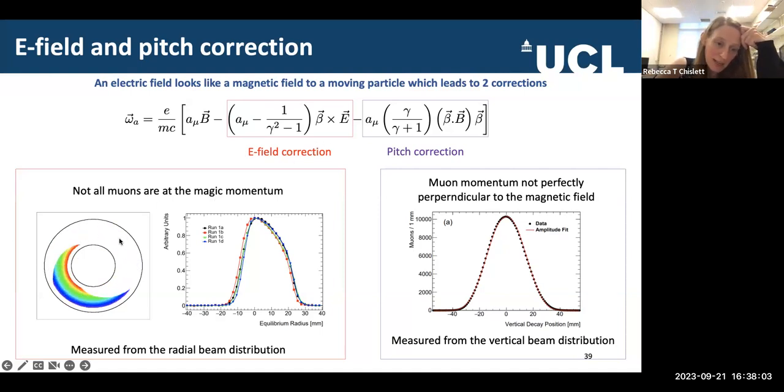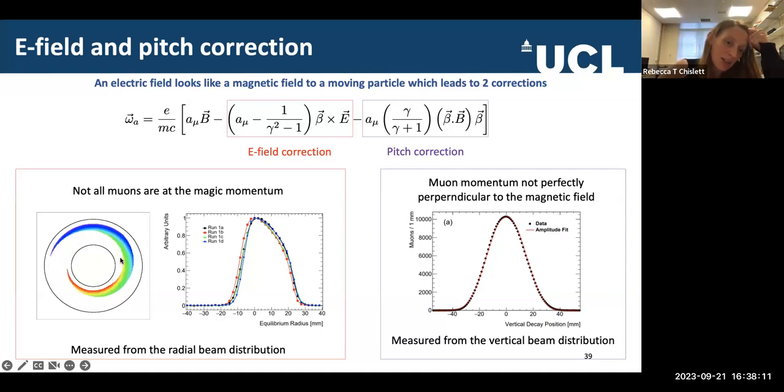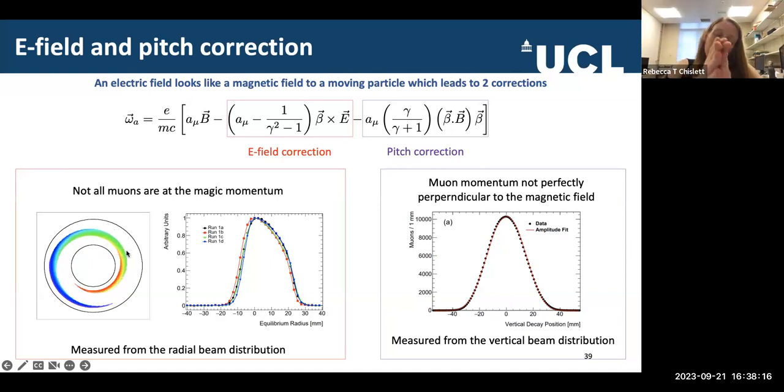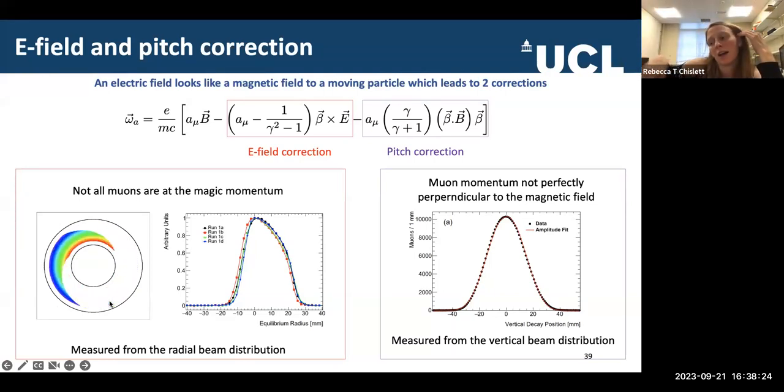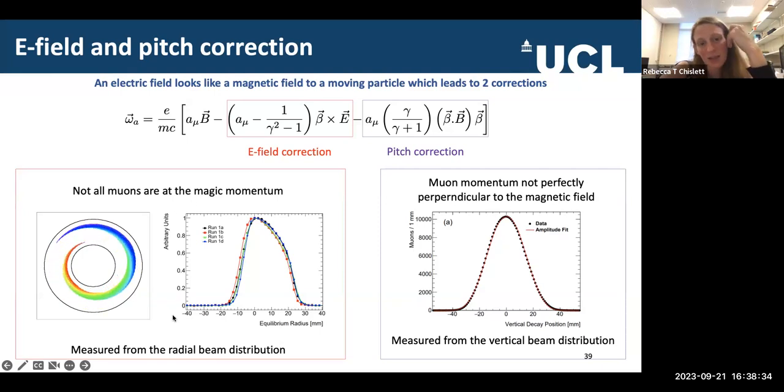And the way we measure that is when the muons are injected, the higher energy, higher momentum positrons and lower momentum positrons fall at different positions across the storage region, and then they also catch up with each other. And so by looking at the distribution as a function of time at very early times, you can extract the radial beam distribution. And this basically tells you the spread in momentum of the muons,